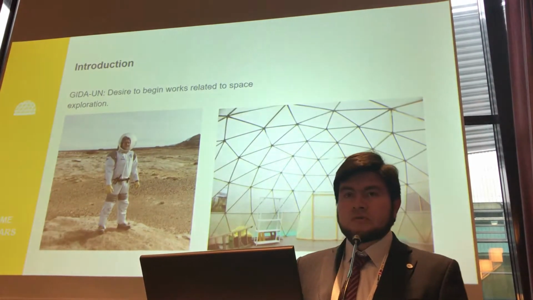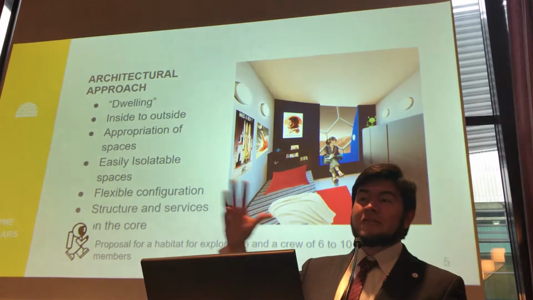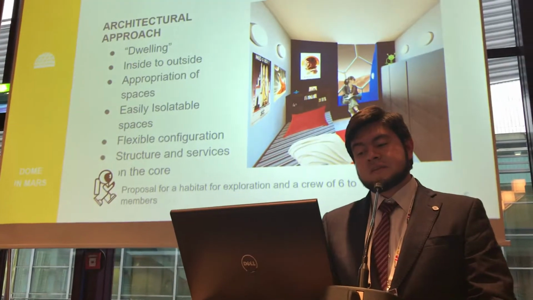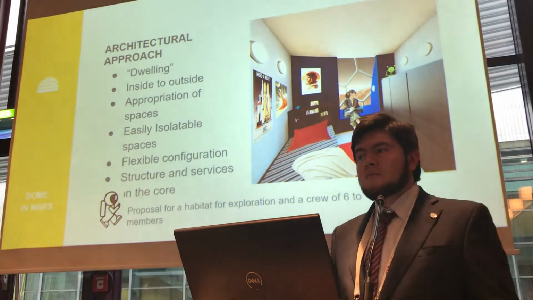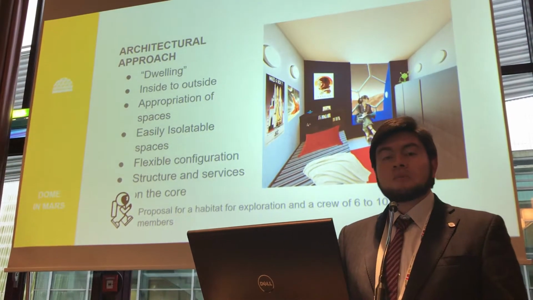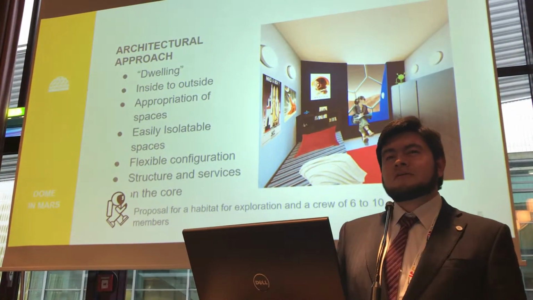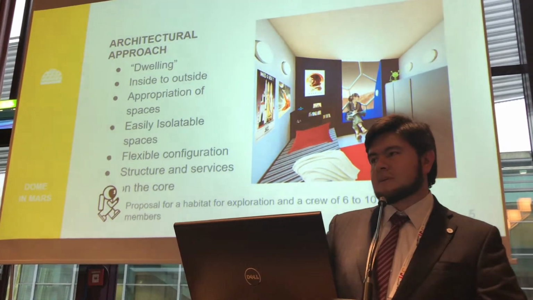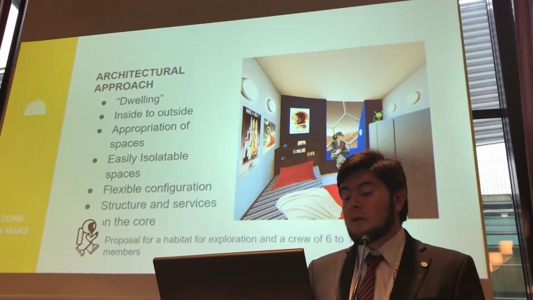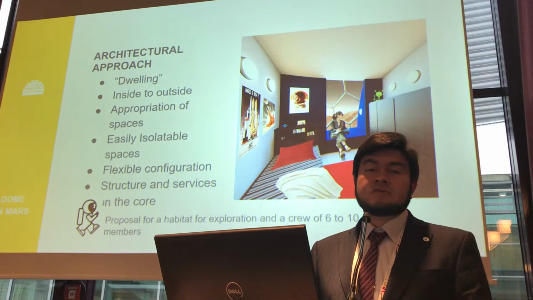So what was the architectural approach from the architect? We started discussing a lot of things. We actually started discussing how a city on Mars would look. Then we started downgrading the conversation and said, hey, we can make a proposal on how we're going to inhabit Mars eventually. We made a proposal based on this architectural approach for a habitat, not for an early stage of exploration, but for a colonization process, when we are exploring other areas of the planet Mars. So we made a proposal for a habitat for a crew of 6 to 10 people